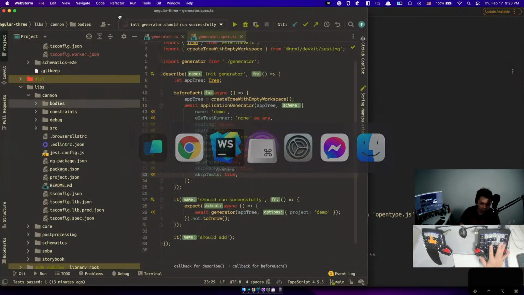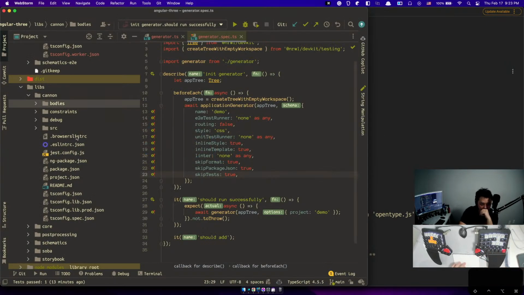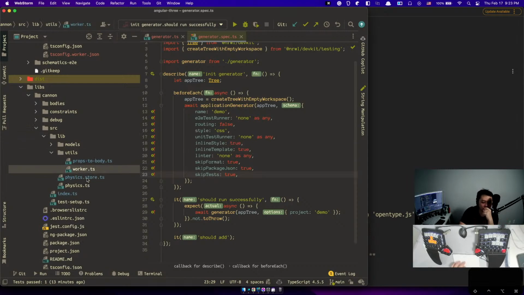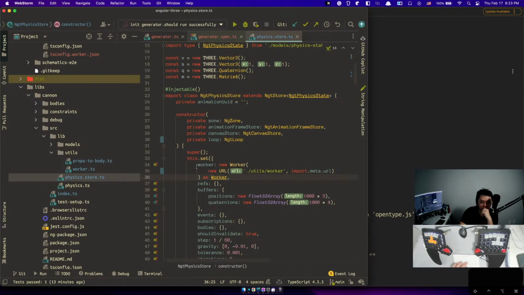The problem with this library is I'm using a worker. If you look into the physics store, you will see that I set up a web worker to handle all the physics off of the main thread, right? So I'm using a web worker. Now the problem becomes